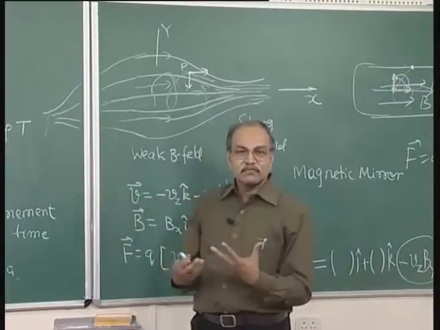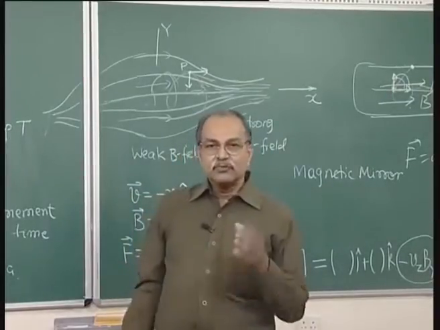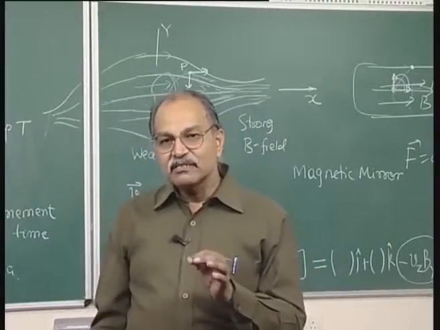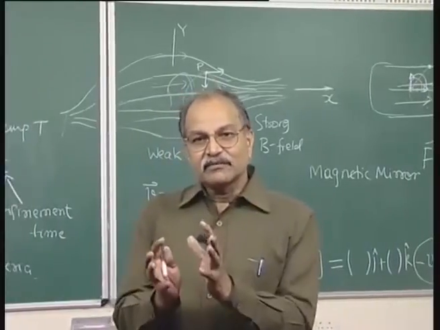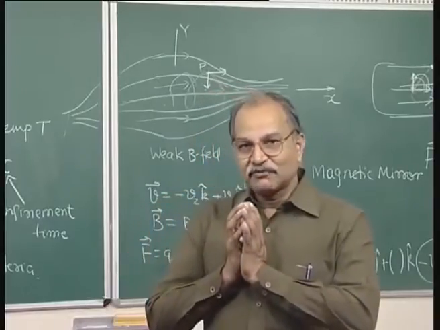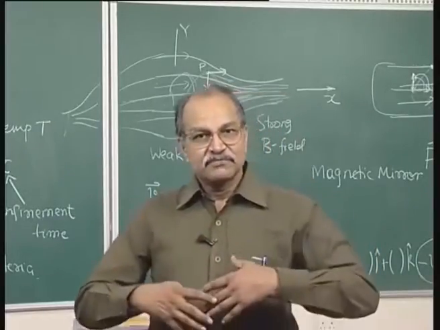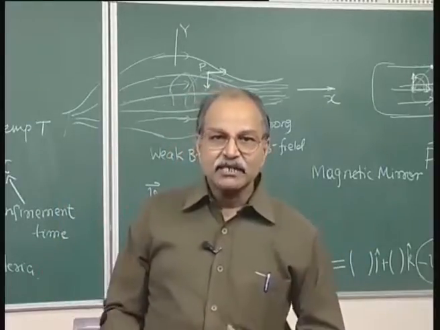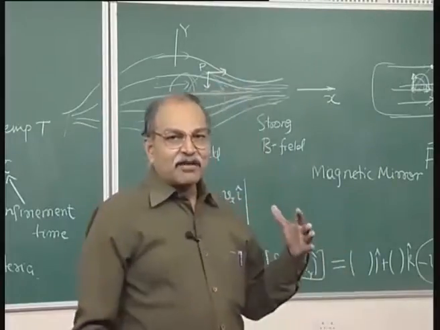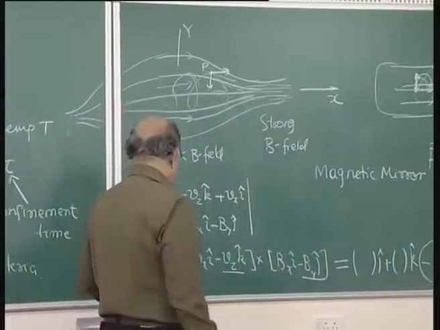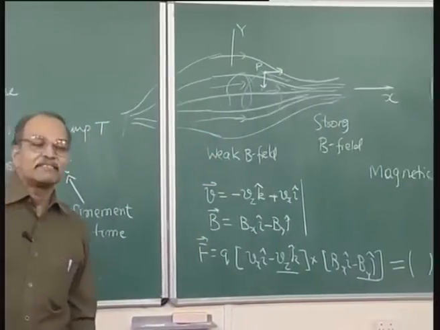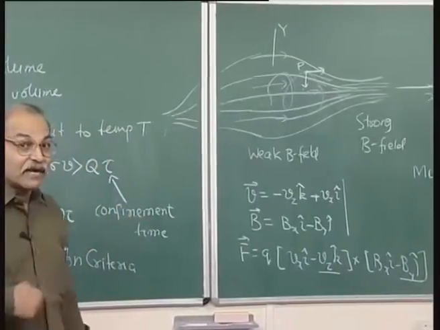So, these are some of the simple designs only to show that properly designed magnetic fields can contain charged particles in a volume. Of course, the things are very complex because of these very high temperatures, random velocities, random directions, speeds large and so on. So, the magnetic fields are to be designed in a very careful manner. So, that is what is being done for the last 65, 70 years. People are designing magnetic fields.